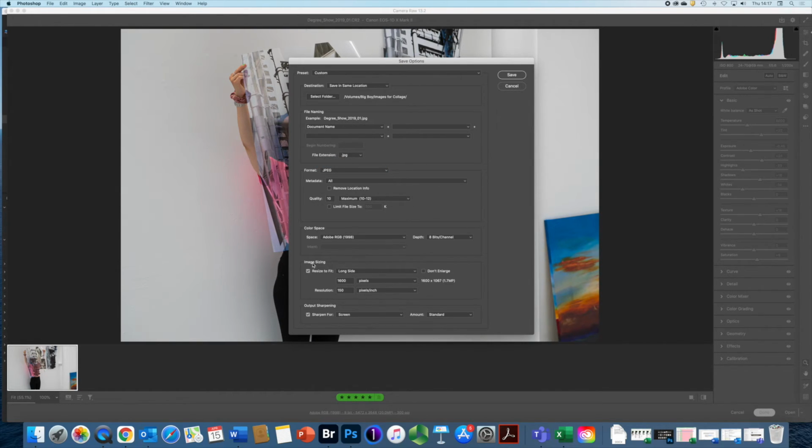And then you've got image sizing. So I'm not going to resize to fit, but if I wanted to, I could resize this to make sure that the long side or the short side or the dimensions, etc., are a certain size. So if I choose to have this long side as 1600 pixels and a resolution of 150, I know full well that I'm going to reduce the image size significantly, probably great for a digital portfolio. Yeah, I can reduce that even more, but in my case, what I want to do here is keep it